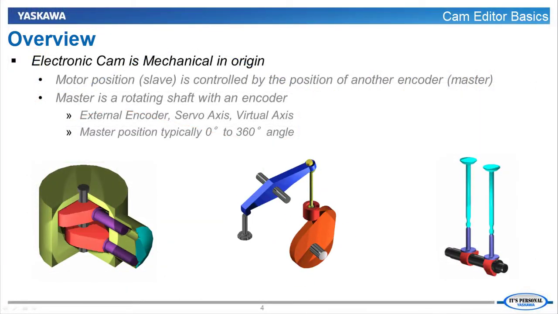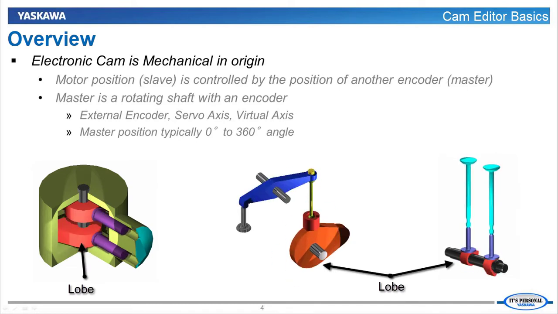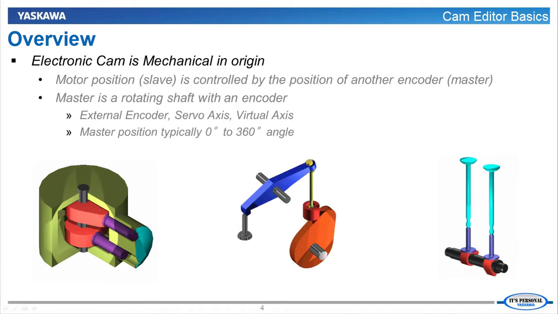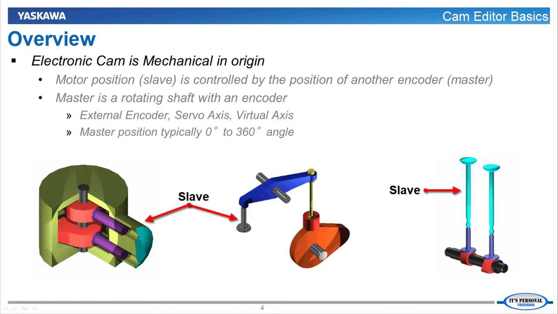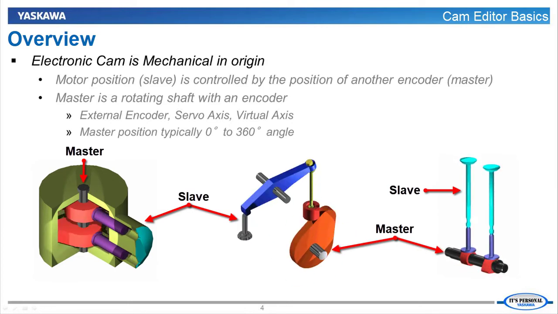Camming is originally done mechanically by having a shaft rotate a formed piece of material or lobe that produces a back and forth motion on an actuator. The core concept of camming states that the position of the slave is controlled in relation to the position of the master. This allows the slave to perform repeatable and synchronized moves, not only to the master, but to each